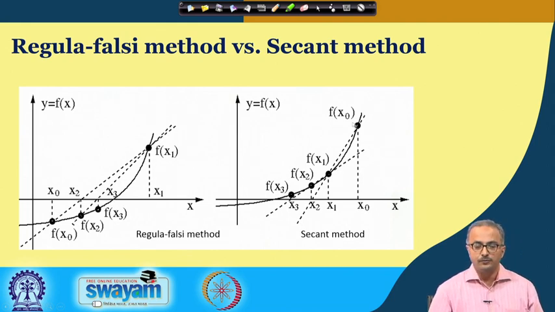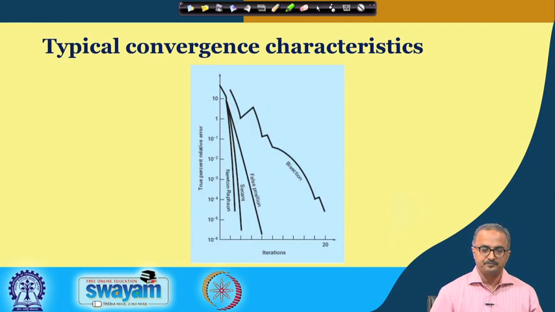On the other hand, if you look at the secant method, you can see that here the root is somewhere here, whereas we are starting arbitrarily away from the root, and both the points are on the higher side of the actual value. Okay, but it does not matter. Again we are finding these two function values, and even with this we are approaching the root. So we are getting x2 here, again with x2 and x1 we are finding x3 here, with x3 and x2 we can again find x4 here, and like that we are able to approach the solution. Okay, so these are the basic differences between regular falsi and the secant method.